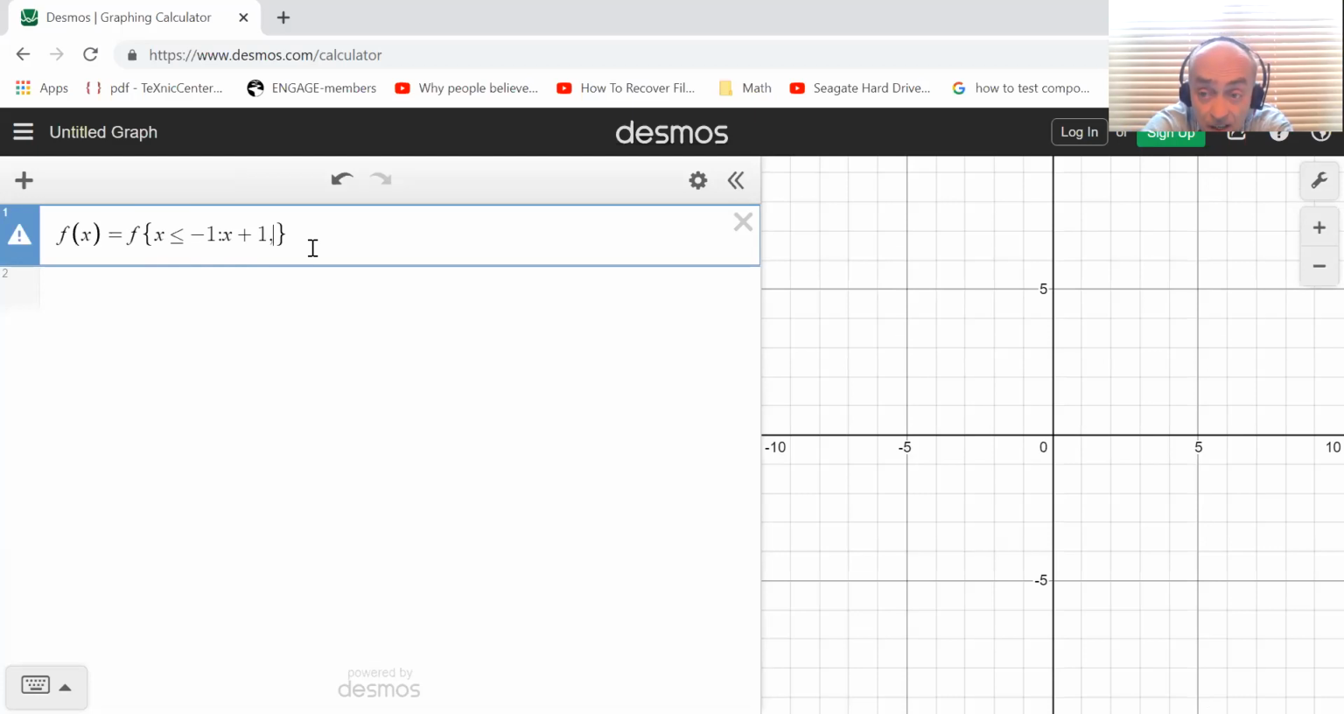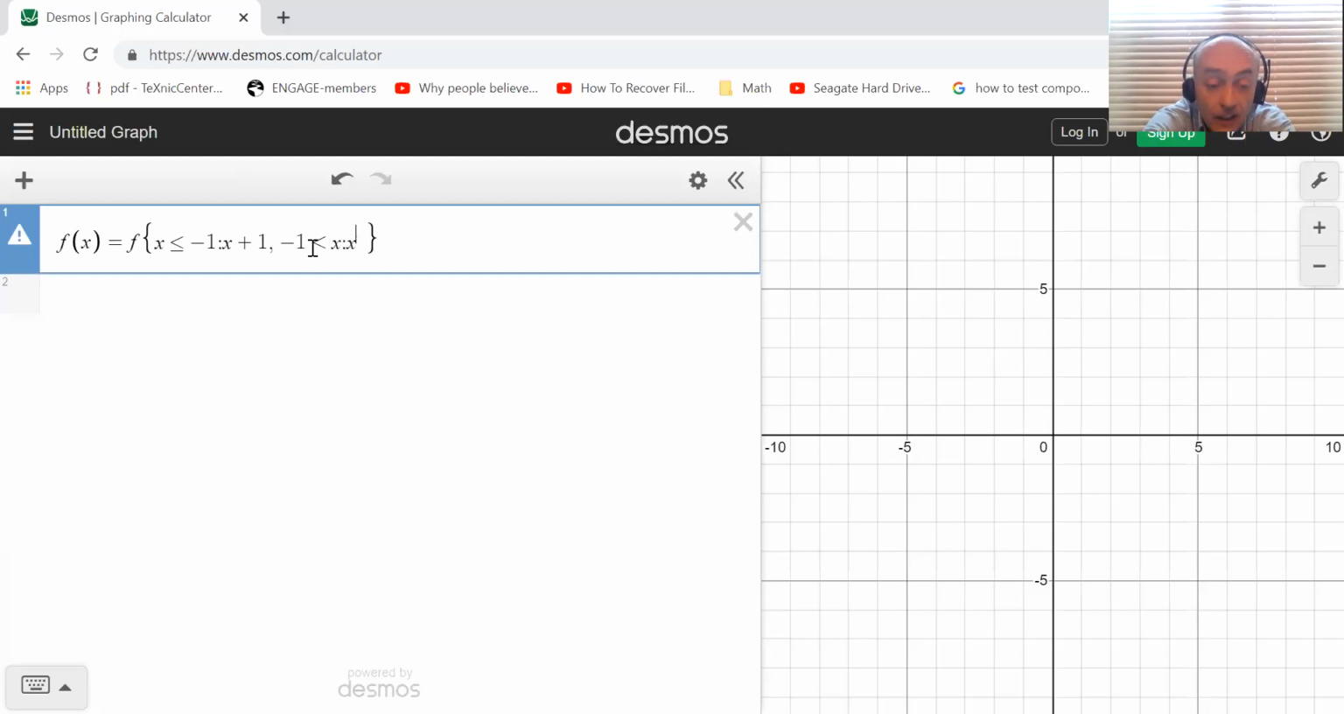And then I'll say comma, and I'll use the exact same kind of yoga. So I'll say when x is greater than -1, so I'll say that -1 strictly less than x, that's how you write x greater than -1, colon, and then it's going to follow the second formula that I'm using here, which is x squared. And if I do that, there we go. So that's going to give me,